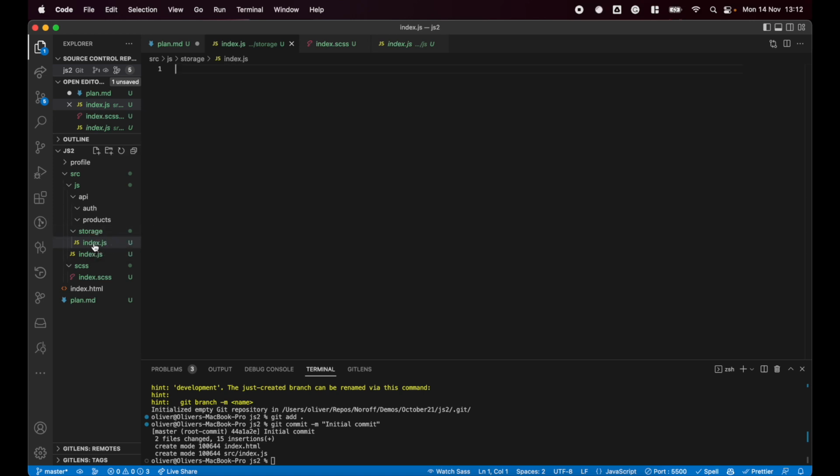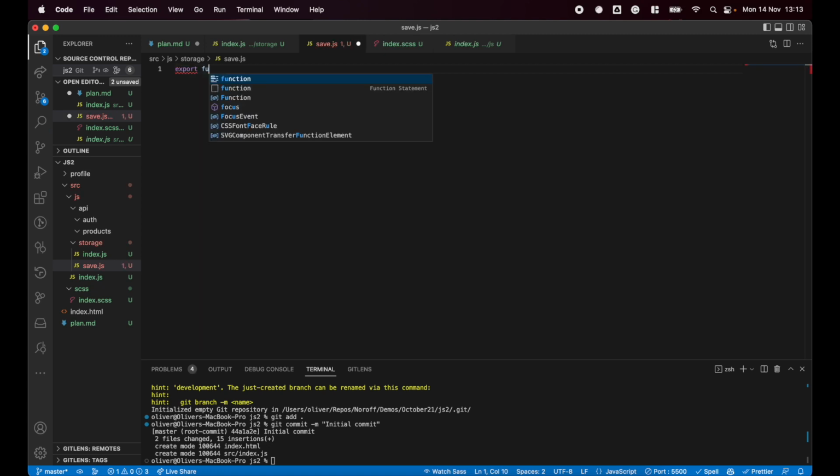And the index file is the sort of entry point to this module. But obviously there's nothing here, it's useless. So we create the first file, and I'm going to call this save. So storage, save. The job of this file is to export a function called save, and that's going to